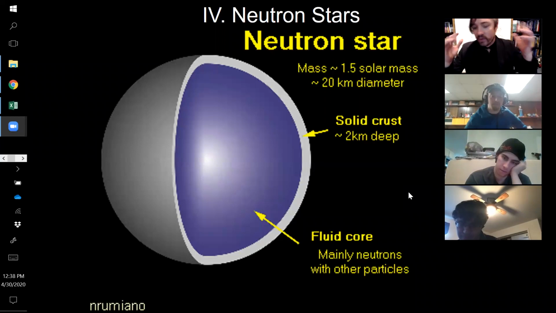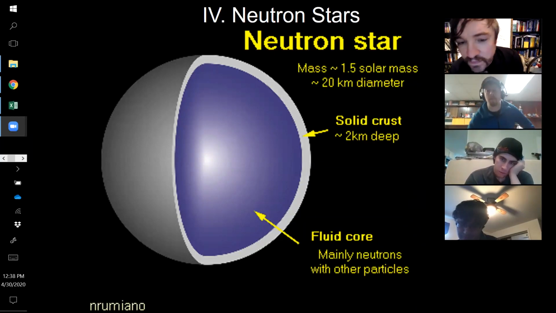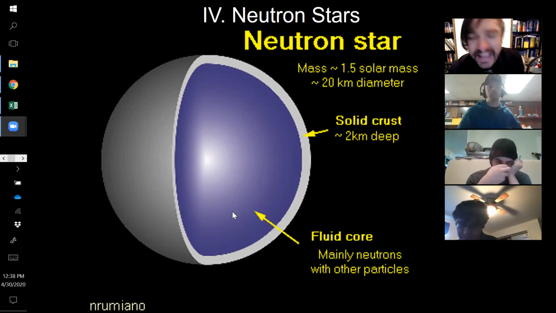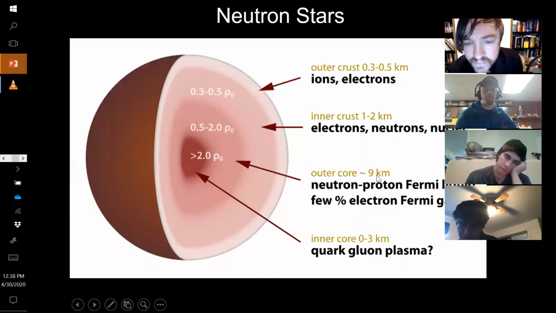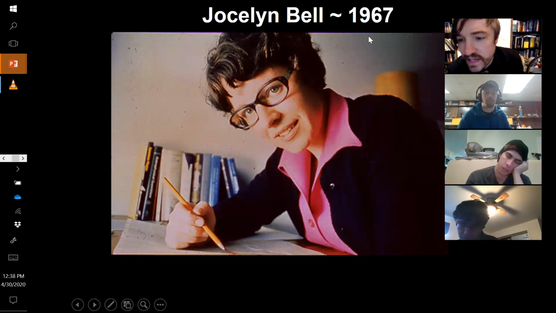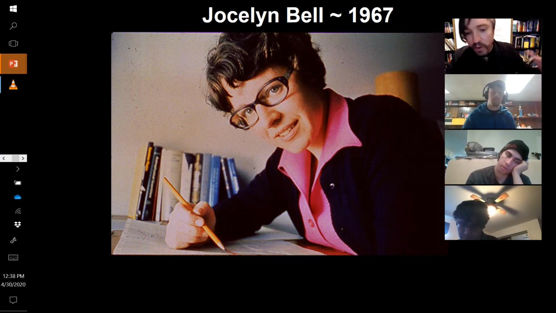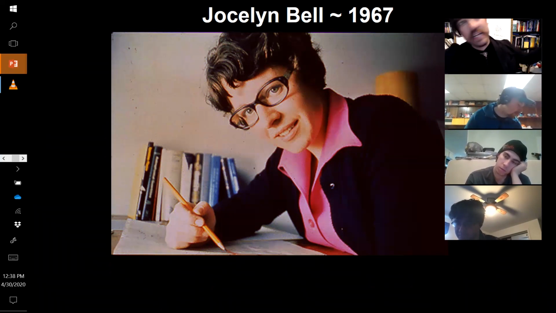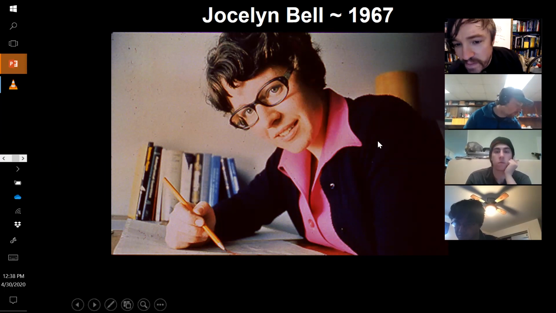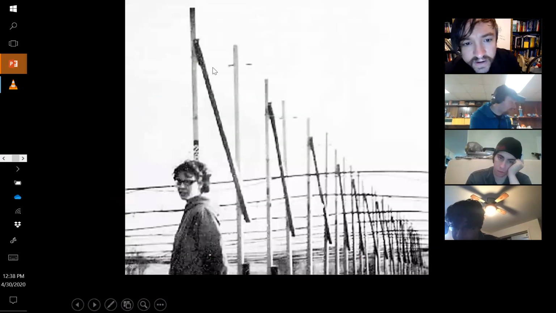These things were theoretically proposed or imagined before they were ever detected in real life. It's not easy to detect a neutron star. Let me take you back in time to the 60s, when people started building the first radio telescopes, post-World War II, when there was a huge development in radio technology. Some weirdos like Grote Reber and other famous radio operators began constructing the first radio telescopes to search for radio signals from space. And this famous astronomer, Jocelyn Bell, was a graduate student in the 60s, and her advisor, Anthony